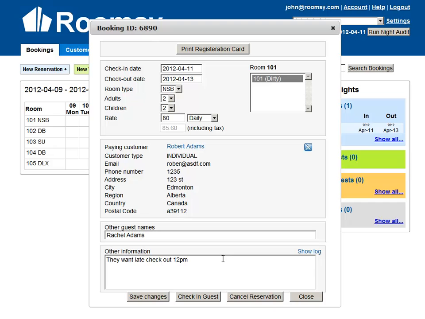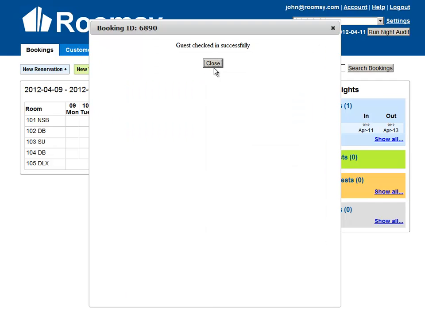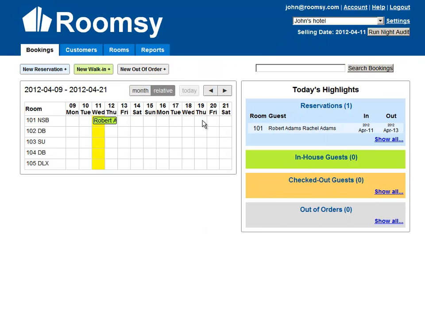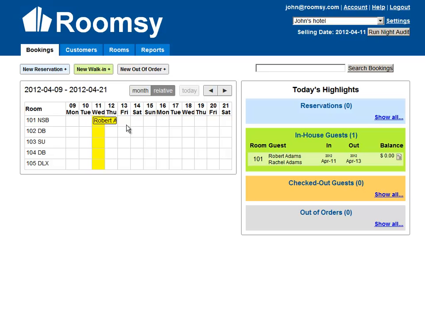And once he signs on it, then you can just click on check-in guest, and now he's checked in. And as you can see, he changed his color to green, and now he's moved to in-house guest. Pretty simple, right? Now, say if the person is not making a reservation, but instead he's just checking in, then